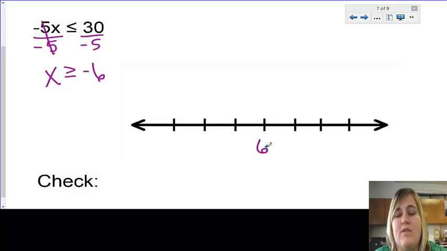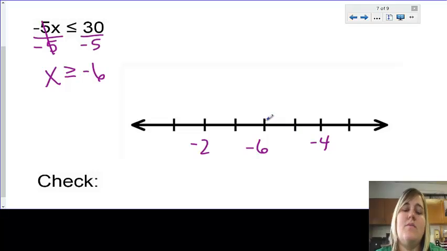So I'm now going to graph it. Negative 6. Put these other points on here. My negative 6, I know my point is at negative 6. I have an equal sign, so I have to shade it in. Okay, if I change my sign into an arrow, it points to the right, so I'm going to shade to the right. Okay, now I need to choose something to check with, so I'm just going to choose this negative